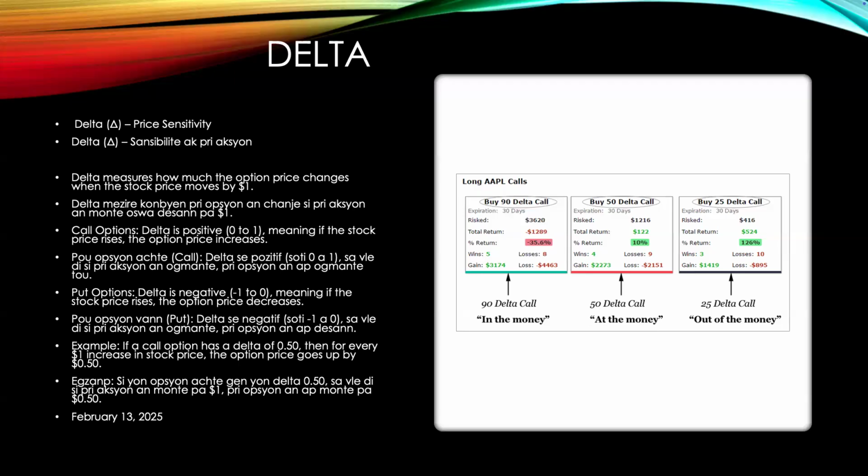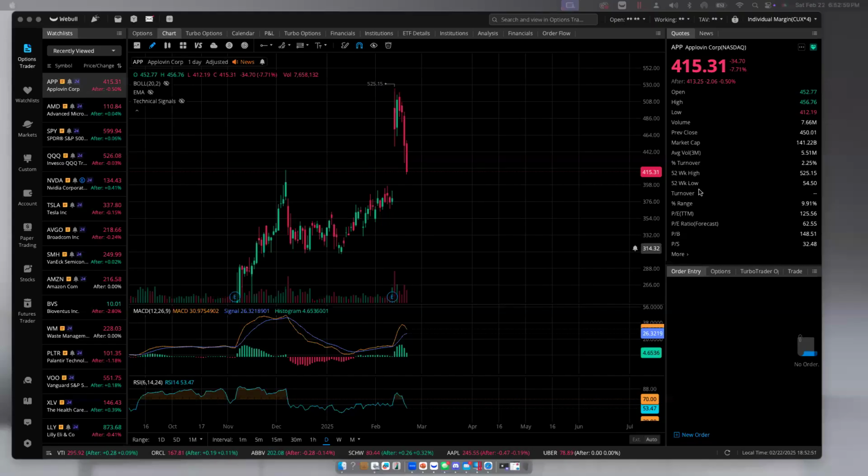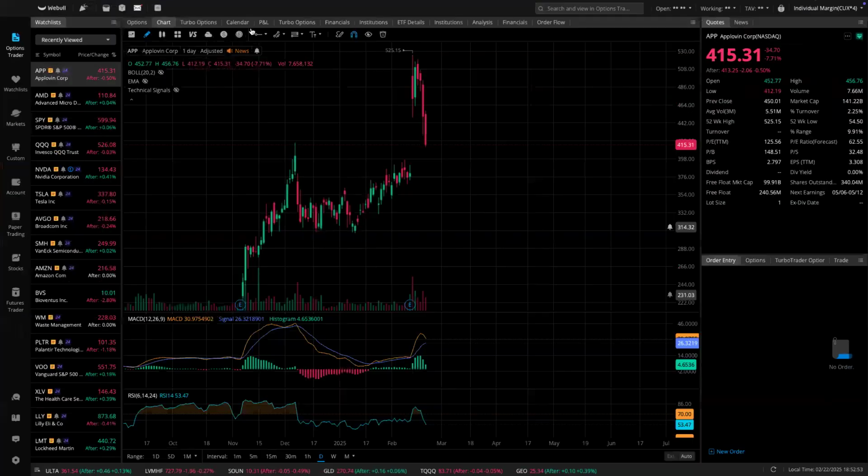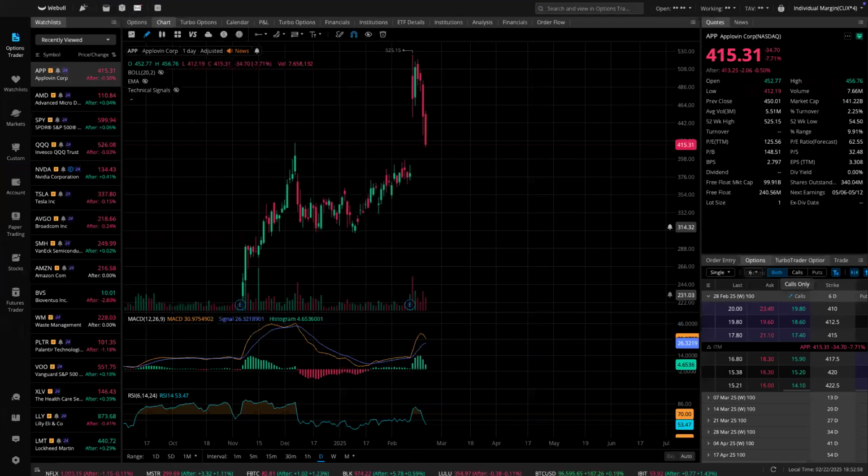Let me put up the chart for you guys, because I know the reason why you guys are staying quiet is because I'm talking. You want to see action. Let's go ahead and do this company here, AppLovin. All right. We're going to put up the chart. We're going to share the chart. Let me know when you guys see the chart. You guys see the chart or no? Yes or no?